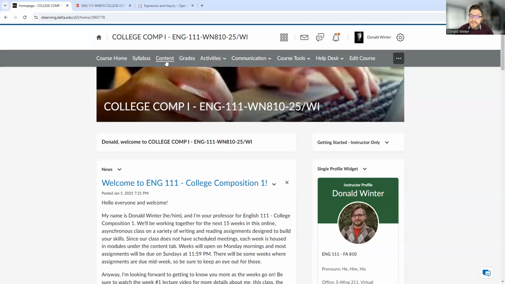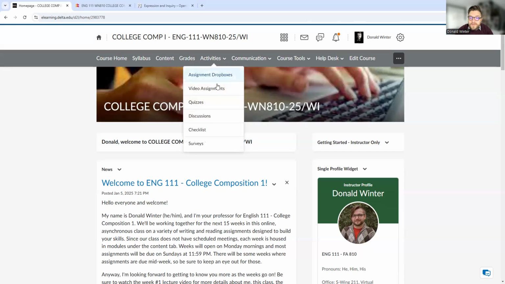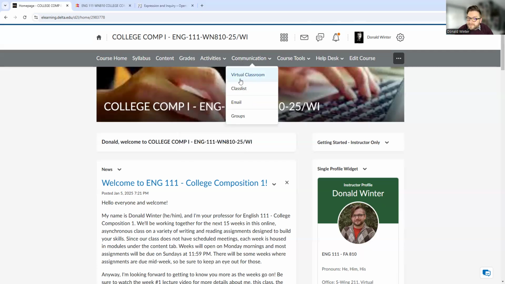The content section is the tab you will probably be using the most because all of the weekly modules are contained in this tab. We'll look at that here in just a moment. And then, of course, you will be using the grades tab to monitor your grades. You can use these other tabs as well. This just gives you a list of all the assignment drop boxes. This gives you a list of all the discussion boards. You can view the class list. Mind you, your e-learning may look a little bit different than mine because I am on the instructor side.